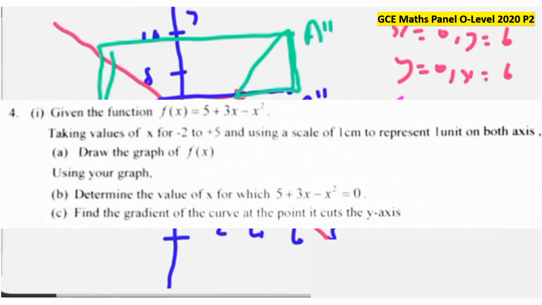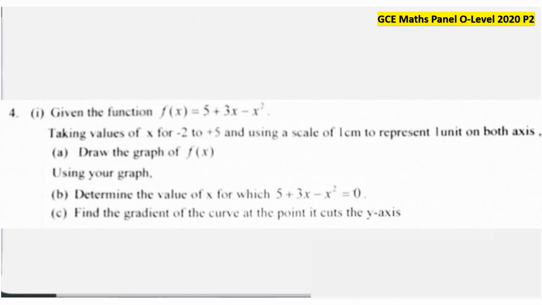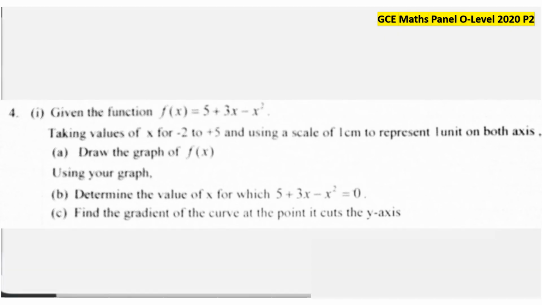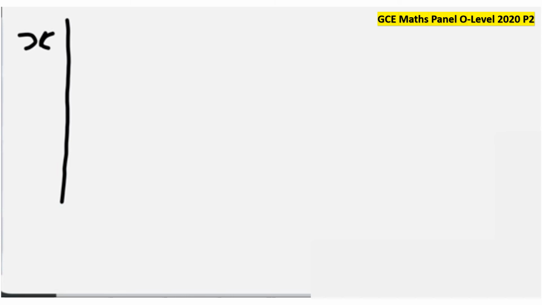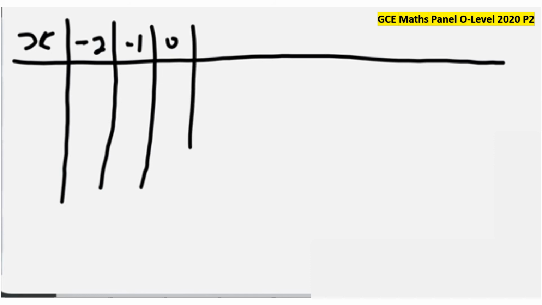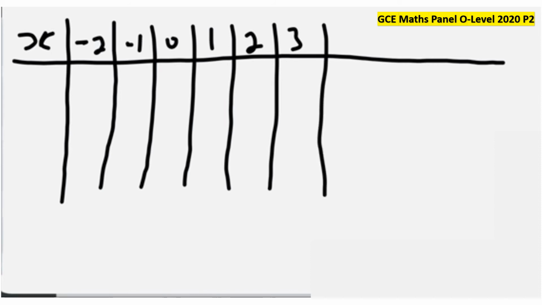So let's see what we have. Well, my advice is that when you are given a scale like this, it's better to make a table of values. It is faster and it makes sure that you avoid errors. And if you make mistakes, you can easily troubleshoot. So table of values for x, since I've given the values from -2 to +5: -2, -1, 0, 1, 2, 3, 4,